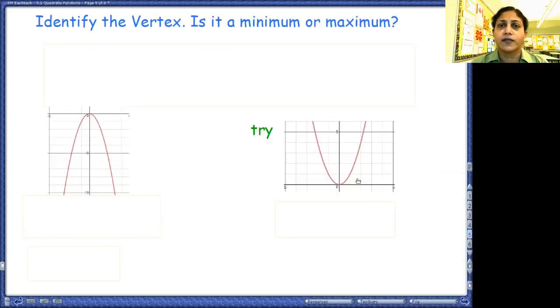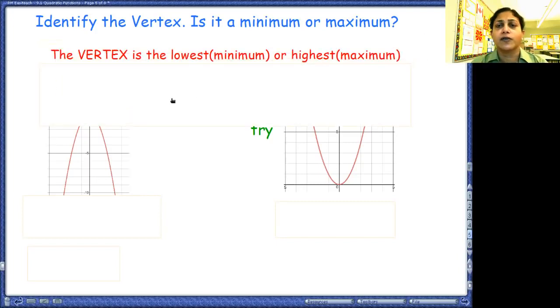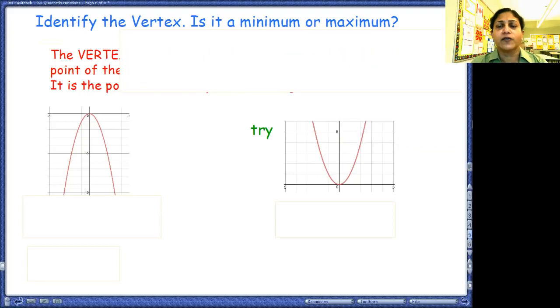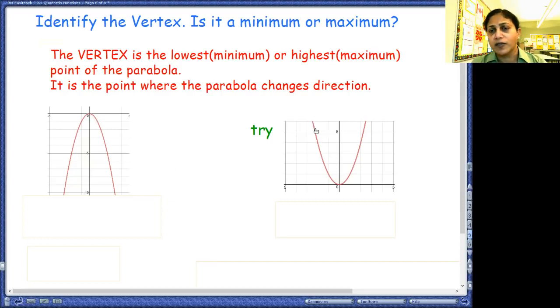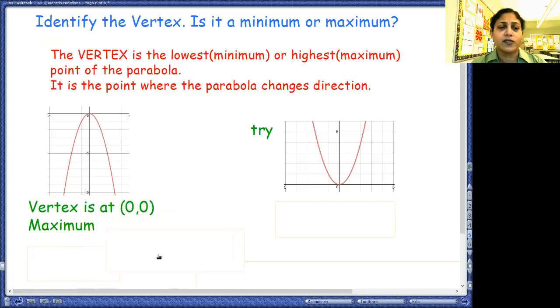Identify the vertex. Is it a maximum or a minimum? So the vertex is the lowest or the minimum point, or the highest or the maximum point of the parabola. It is the point where the parabola changes direction. So if you look at the parabola on the left, it's going up, up, up, and then it starts going down. It changes direction at this highest point. The parabola on the right is going down and then changes direction and starts going up, and this point is at the origin. So what we do is we write it as the vertex is at 0, 0,